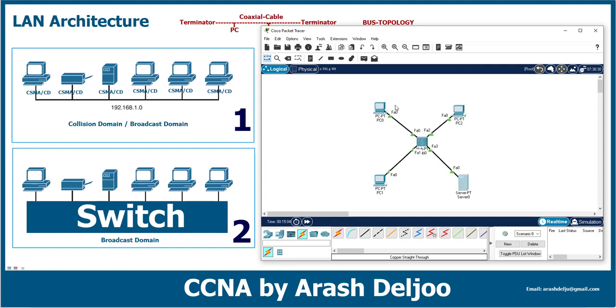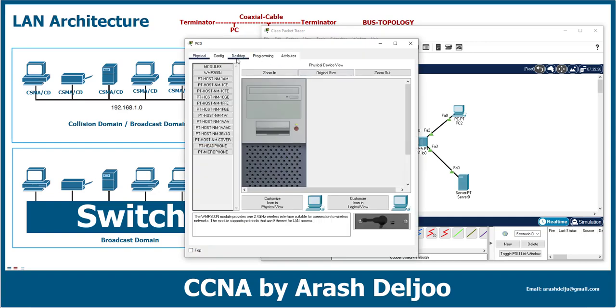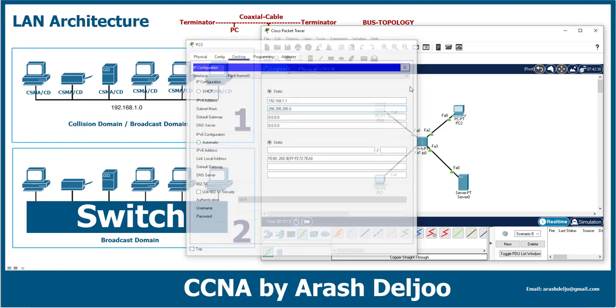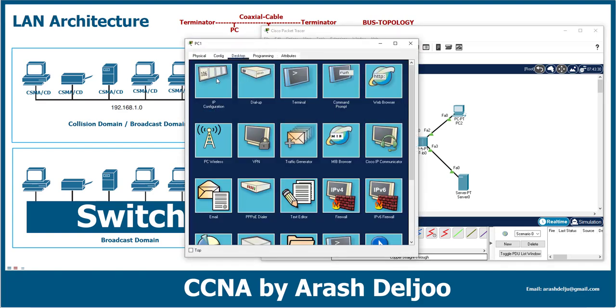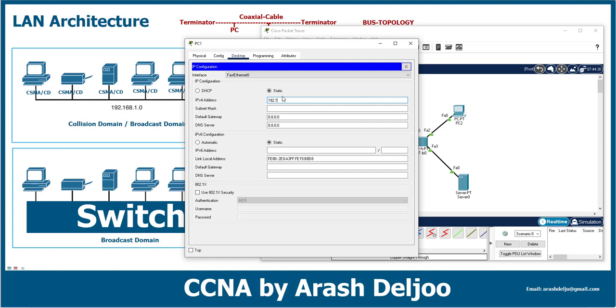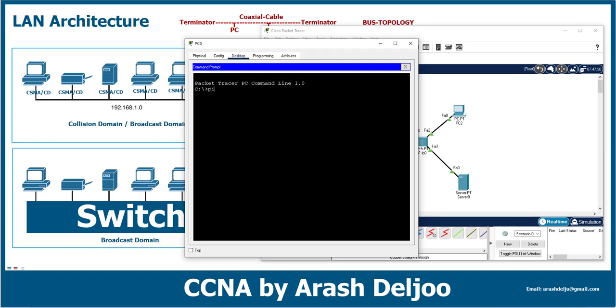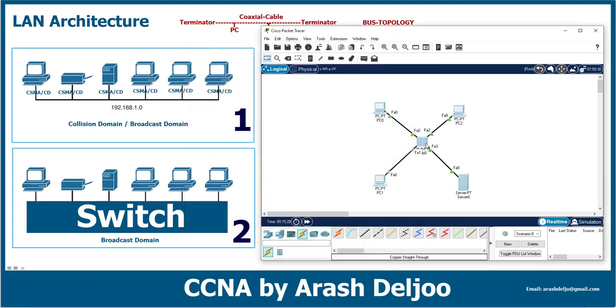Because of that, if PC0 is sending traffic, let me show you. 192.168.1.1 is the IP address of this PC, and this PC1 has an IP address of, for example, 192.168.1.2. Look at here, when the traffic from PC0 is sent to 192.168.1.2, we have connectivity, but